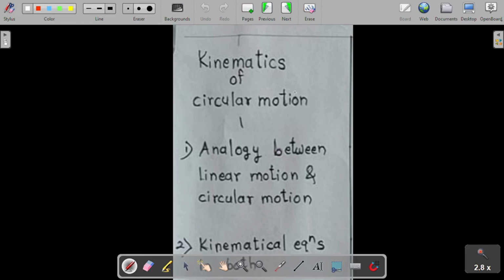So first thing, this is the mind map that I have made. So first, what is circular motion or what is kinematics of circular motion? Let's start with that. So basically what you want to know is what is kinematics. So kinematics is nothing but the branch of physics. The very general definition I am giving to you, a branch of physics